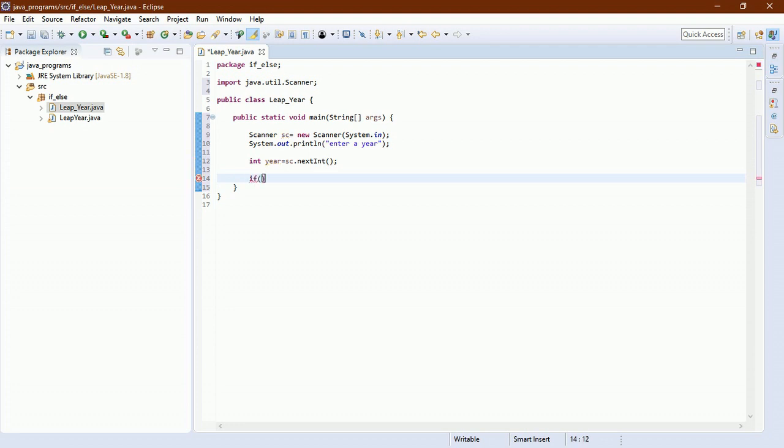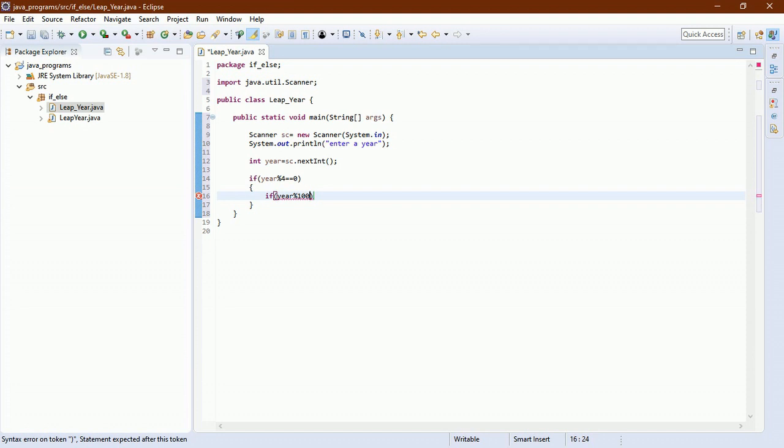After taking the input, we have to check if year modulo division by 4 equal to 0, and we have to check another if condition, year modulo divisible by 100 not equal to 0.